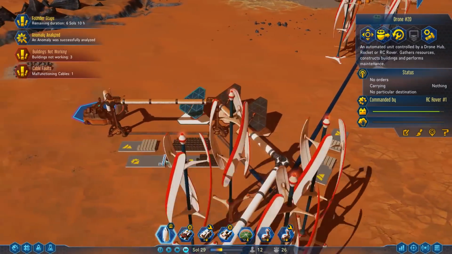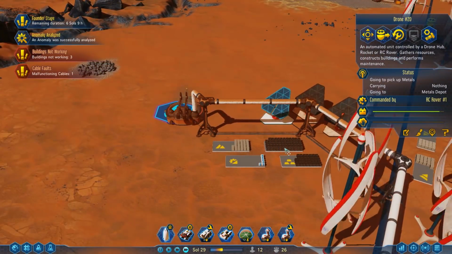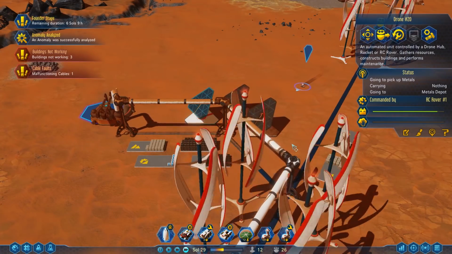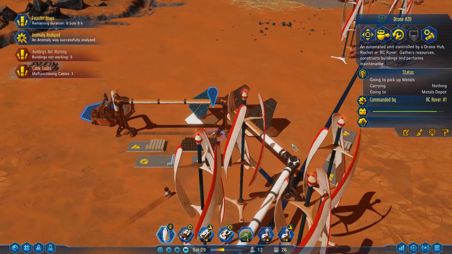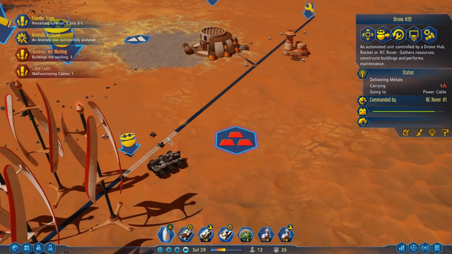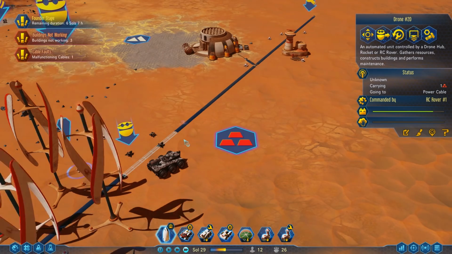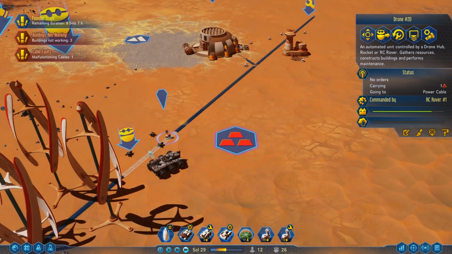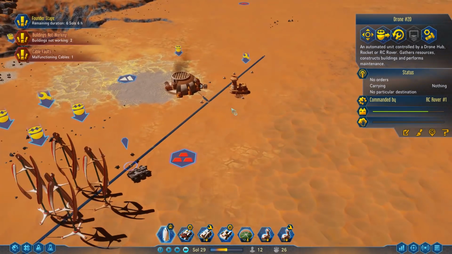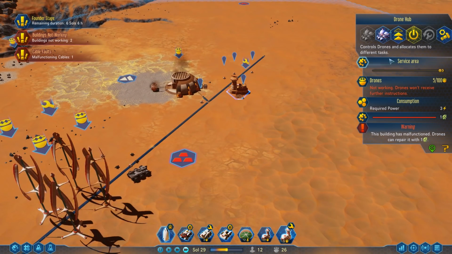Lots of metals over here. Lots in storage. Right, send him over here. We're going to grab one supply of metal. And we'll send this back, and that will repair that pipe. Come on, fix it up. There we go. Good little drone. Alright, with power restored,